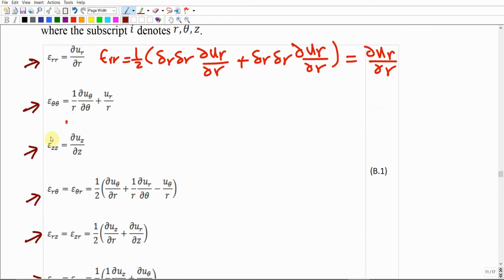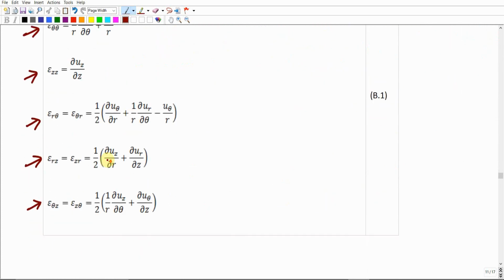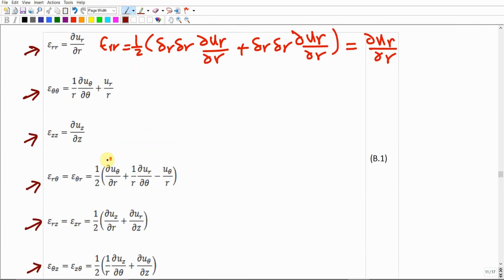And even if we tried r then theta, how about if we switch theta then r? If you tried up there, you're gonna end up with the same expression. This means that this formula in the index rotation is correct. So this is the strain in the cylindrical coordinates, and these are the explicit forms of the six components of the strain